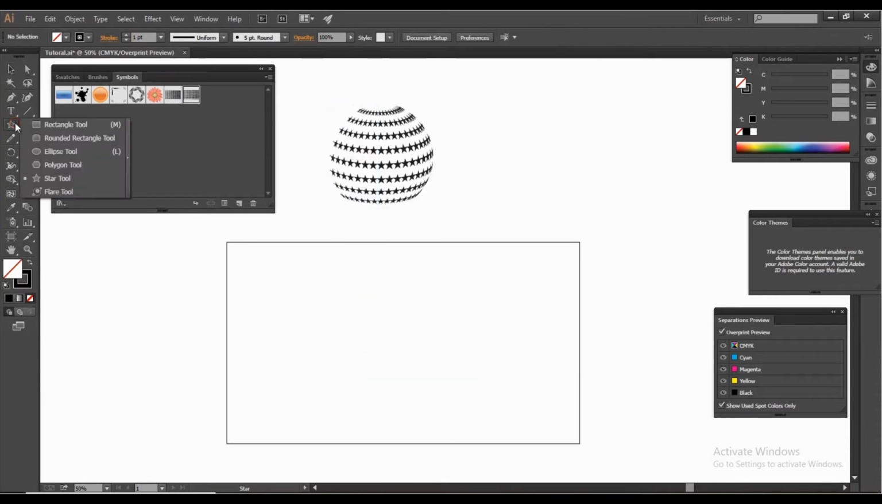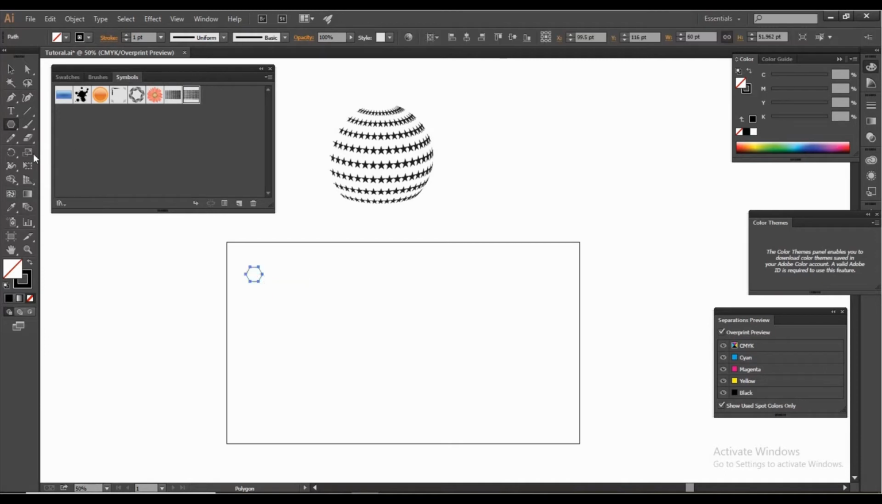And then I will make another one with polygon. Press Alt Shift for a proper polygon, and the fill color make it black, just drag it and make the outline off, make it smaller,